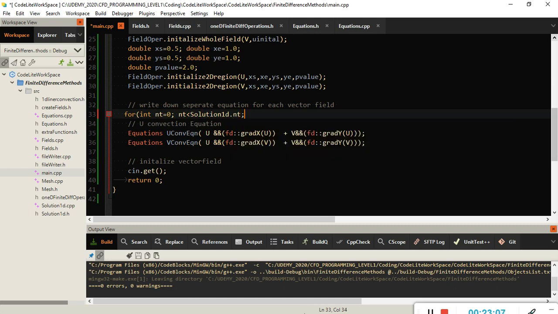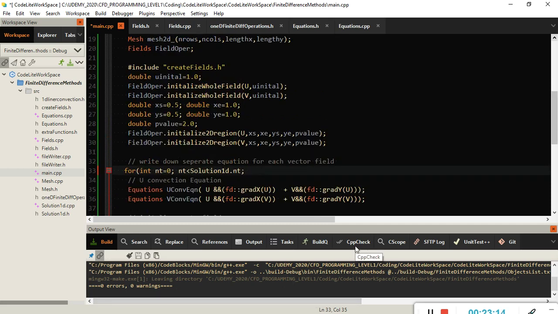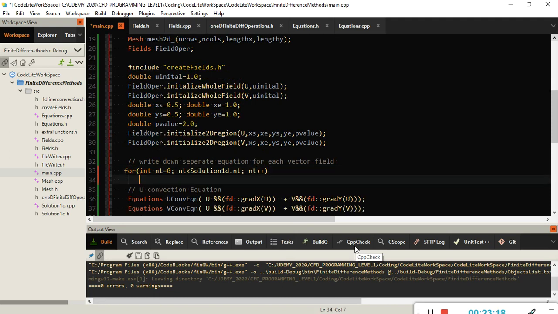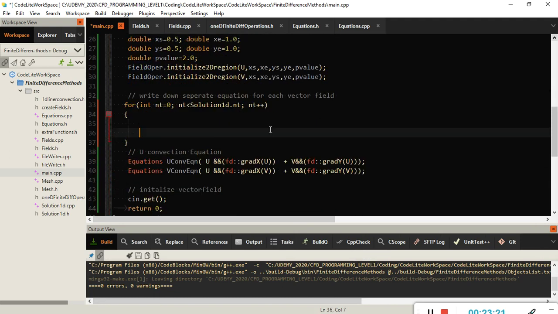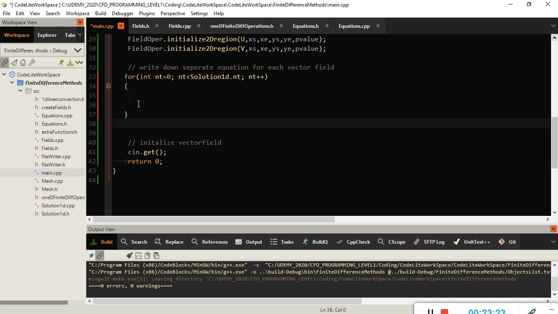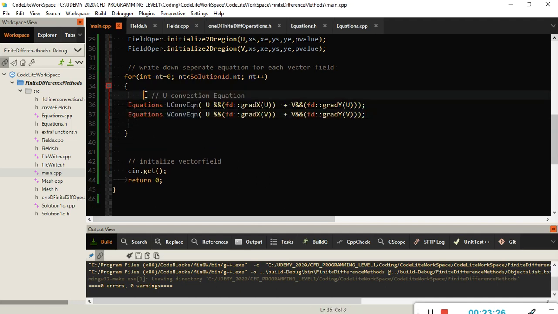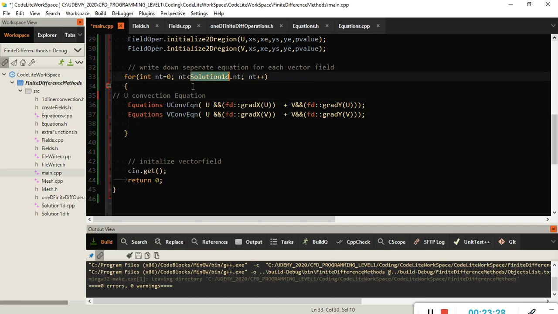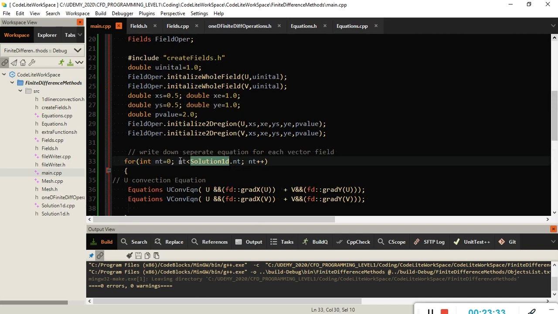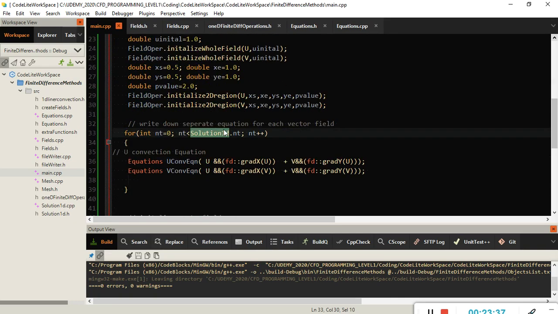I'm not going to change this because it's not a problem at the moment. nt plus plus, and let's copy everything here, but I doubt if I have the solution 1d created or not. Because when I changed to 2 dimensions, I deleted most of the stuff that was written for 1 dimension. So let's create